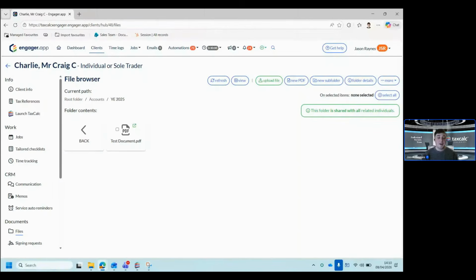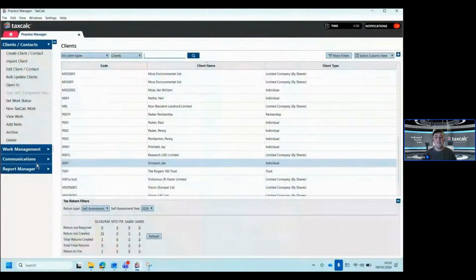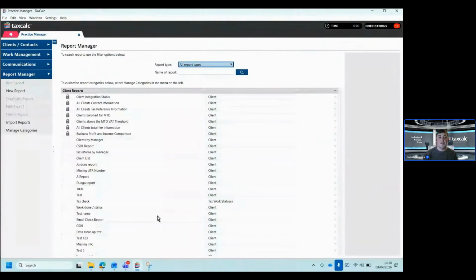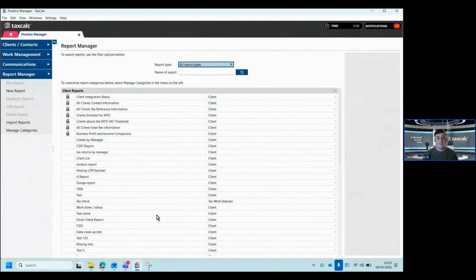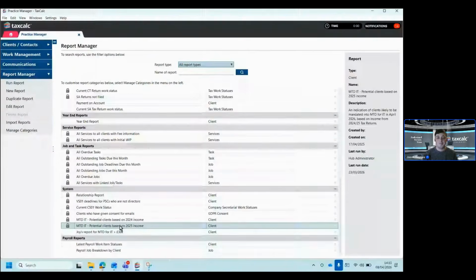So a good question on that one, Sally. It's a good point. If I just open it up in TaxCalc, so finding clients that come within the criteria. This will be really handy for anybody if you've been on TaxCalc previously, and especially looking in a year's time when that value rate changes. Within Practice Manager, everybody will have access to this as well. In Report Manager down in the bottom, there is a report in here that is MTD potential clients based on 2025 income. If I'm to run that report,